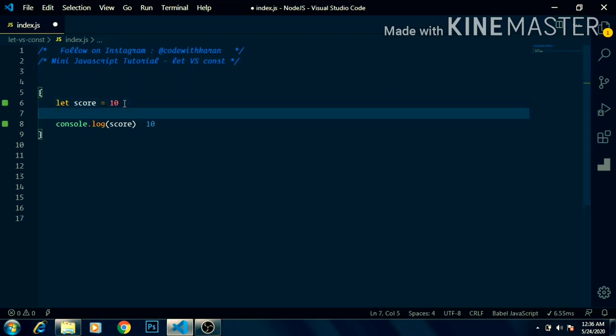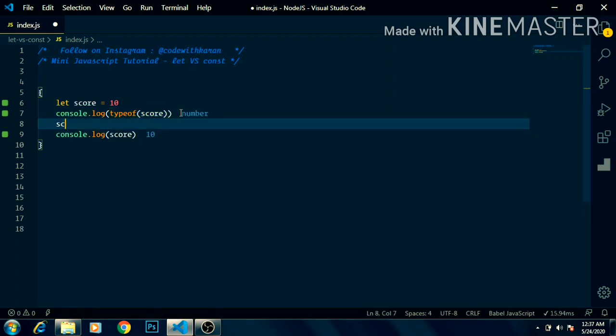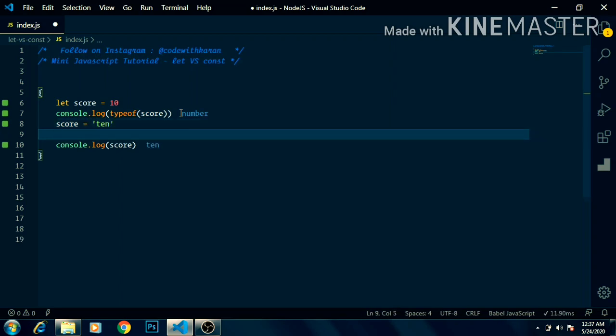Then, JavaScript variables are loosely typed. What does that mean? If I log the type of current score, it would give me a number. That means I have assigned a number value to score. I can then go ahead and assign a string to score, and it won't give me an error. If I console log the type of score, it has now changed to string, which means the variables are loosely typed and I can dynamically change the value and assignments on each variable.